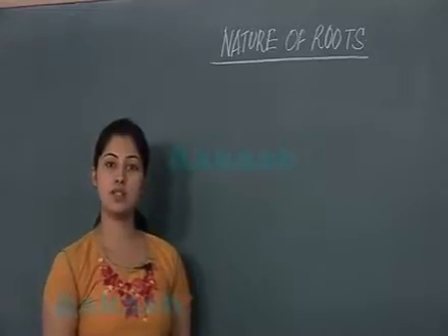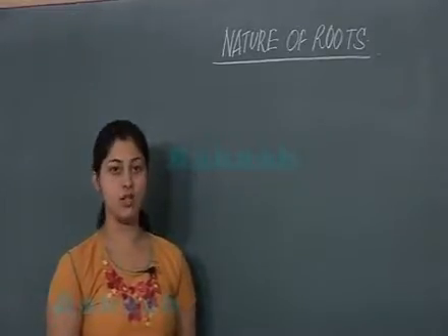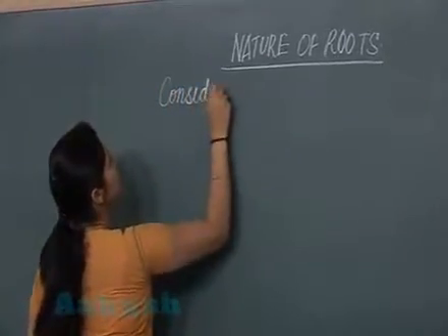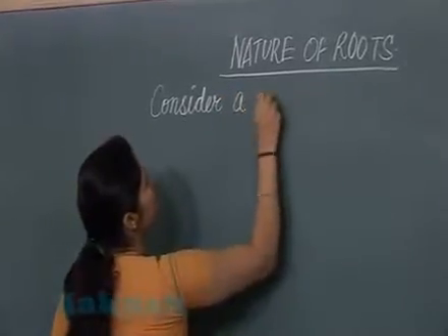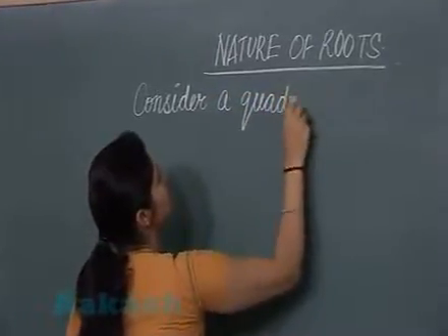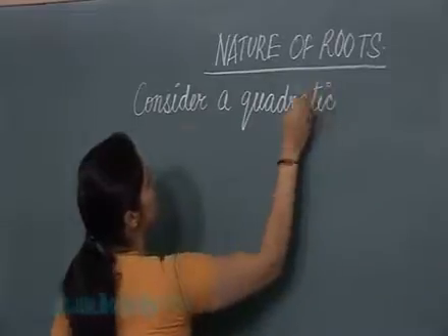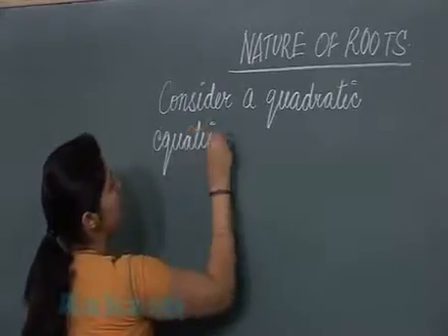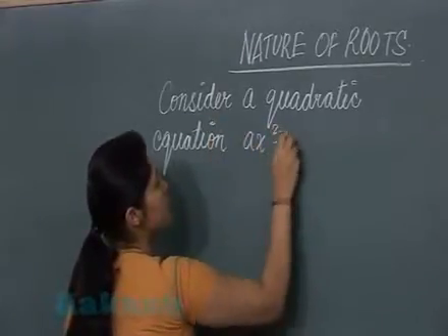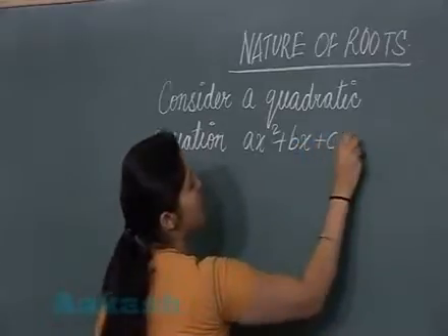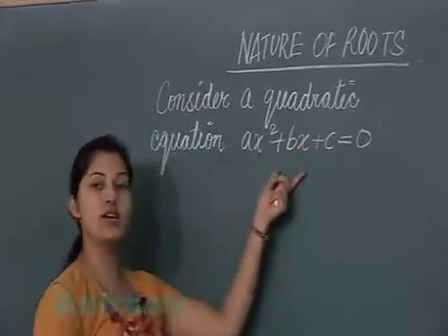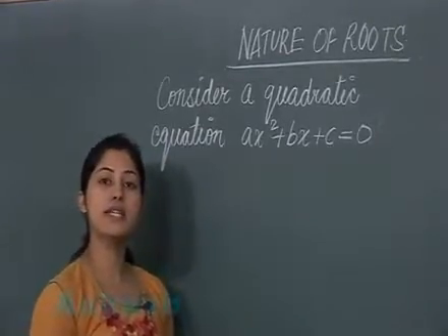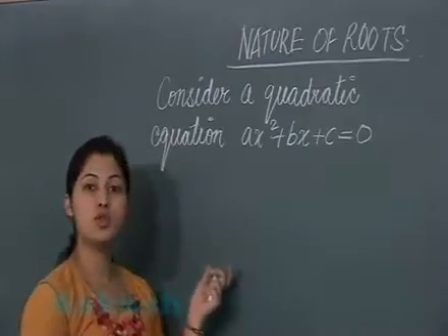bx plus c is equal to 0, and here a is non-zero. So I'll write it down. Consider a quadratic equation ax square plus bx plus c is equal to 0. Here a is non-zero. Now students, we have already studied in the completing the squares method that the two roots of